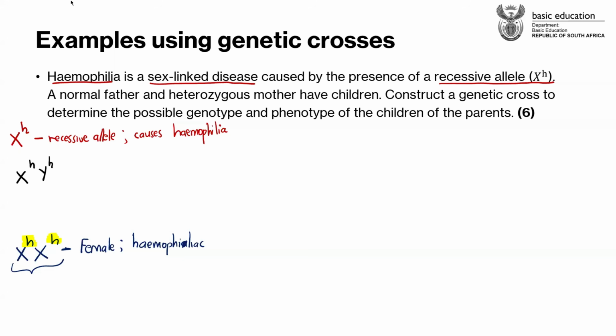Okay. Exactly as I was saying, guys, I said that the Y chromosome cannot carry any alleles, because it is so small. Right, so you will never have a scenario whereby you've got a Y chromosome that is having anything. The Y chromosome is always empty, it's not carrying anything. Right, so if I remove this small letter H from the Y chromosome, can you please interpret for me the phenotype of this person? This X with a small letter H and a Y.